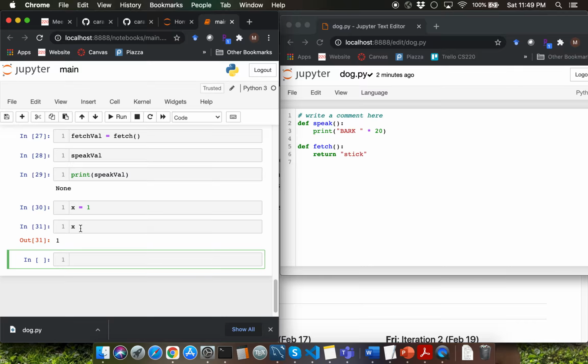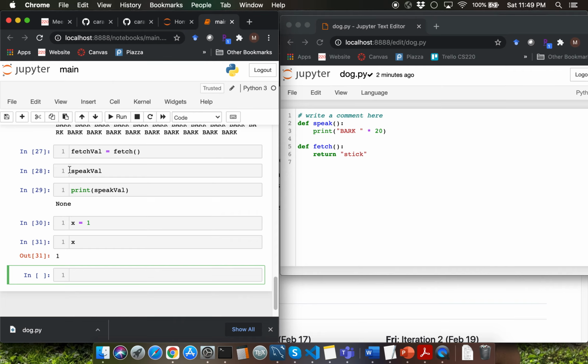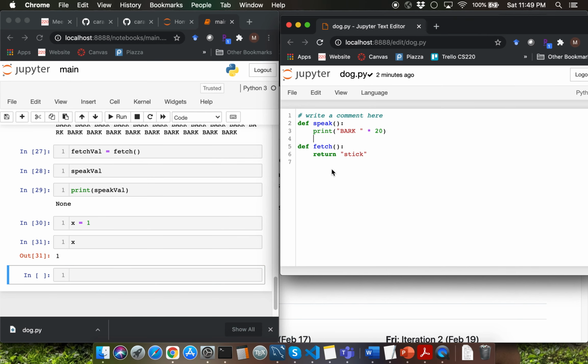The default value which is stored inside this speak_val variable is None. That is because when you don't have a return statement included as part of a function definition, Python includes an implicit return None statement. So you have an implicit return here which is going to return None. That's the reason for seeing the None value inside the speak_val variable.